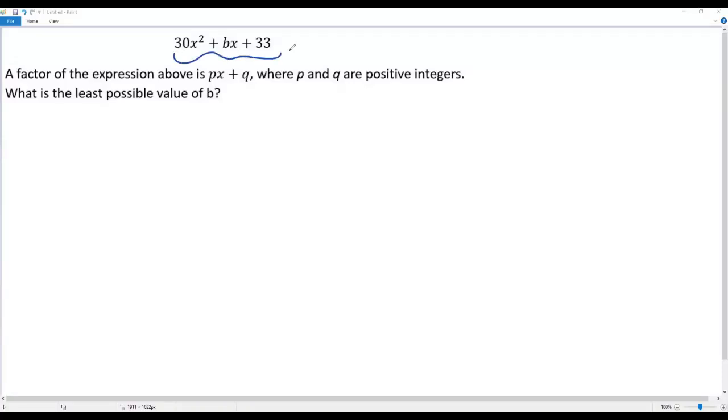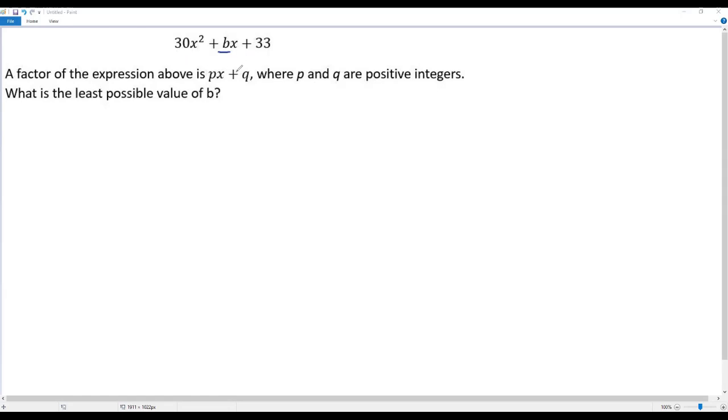There is a quadratic expression given over here, 30x squared + bx + 33. A factor of the expression above is px + q, where p and q are positive integers. What is the least possible value of b? Okay, now in the given quadratic expression, we have to find the least possible value of b, which is a